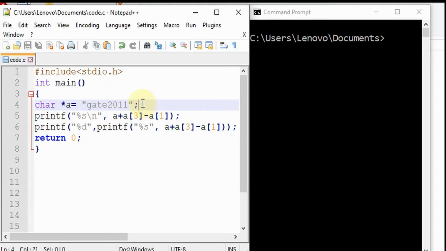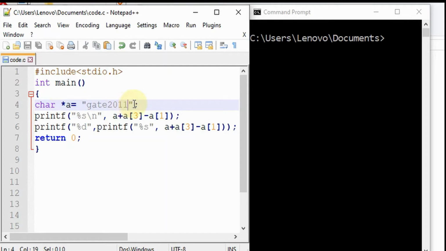The meaning of this is the same as in the case of an integer array, where we give the address of the first integer. That is the address of this. In the same way, here we are giving the address of the first character to the pointer. So this is the address of the string. This is the array of characters where we give the first character's address and store it into a pointer. So this is how this works.